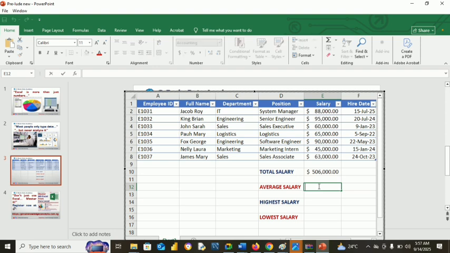Now let's see how we can calculate the average salary. We're still going to use this. We have it here from E2 to E8. That's what we have here. So for us to calculate the average salary, we are going to use the average function, which is equal to AVERAGE